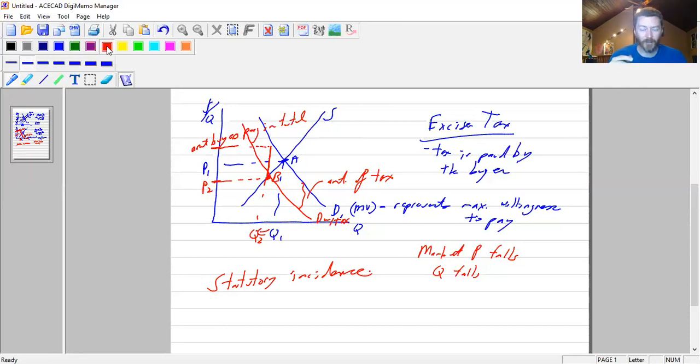The true outcome, how much the quantity actually falls, and how much buyers pay in total, and how much sellers keep in total, that's called the economic incidence. And the economic incidence is what we really care about. The economic incidence is the real outcomes. And you can see in this series of examples, these two examples, you can see the statutory incidence does not affect